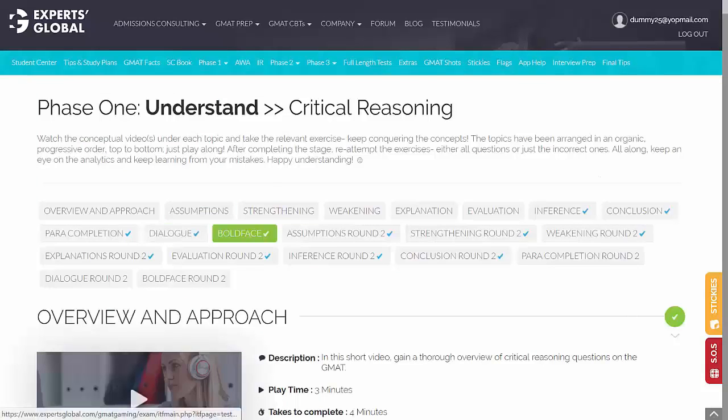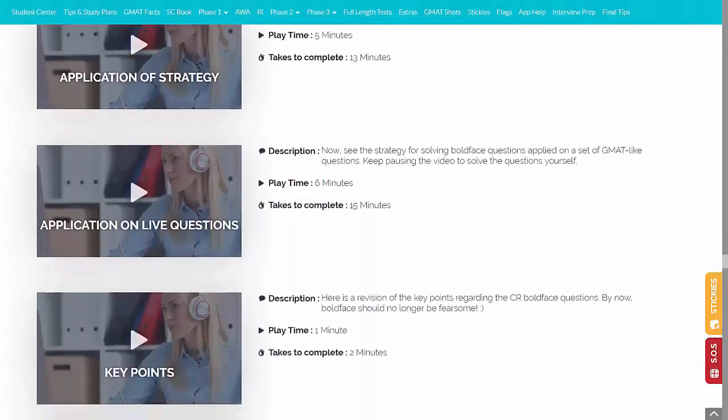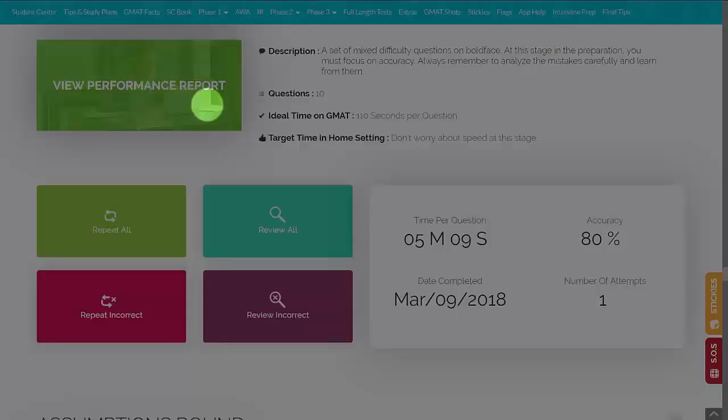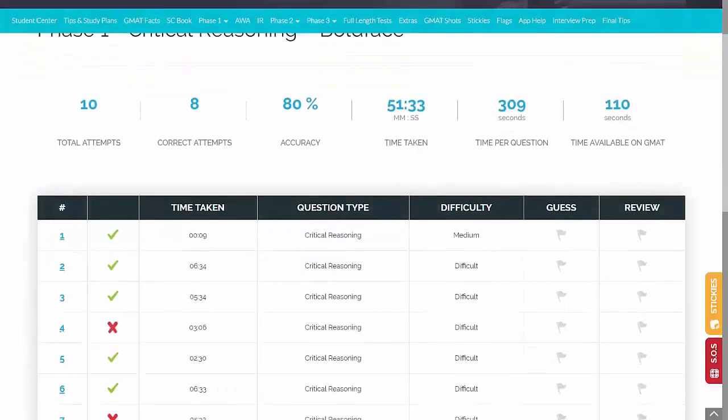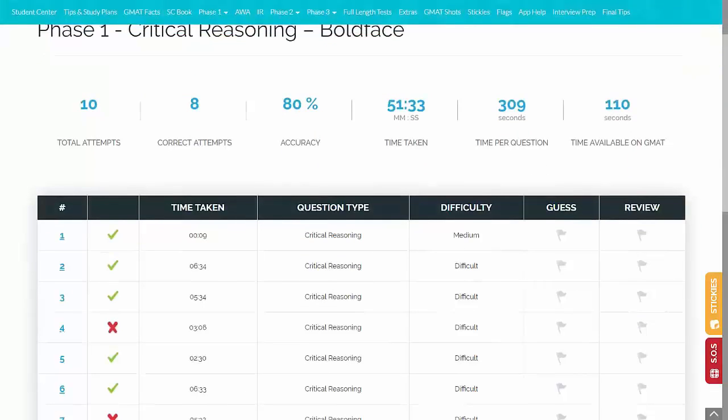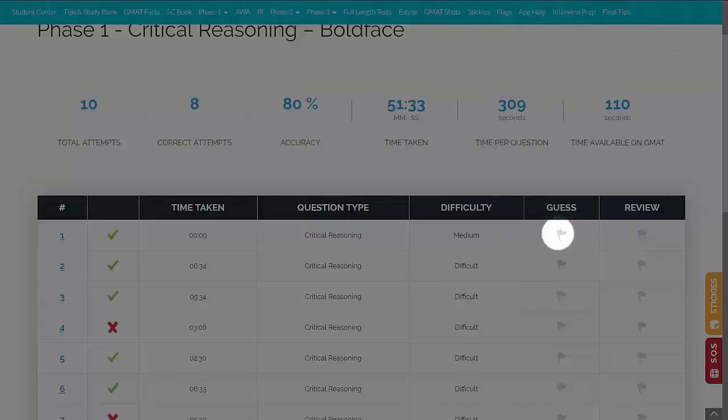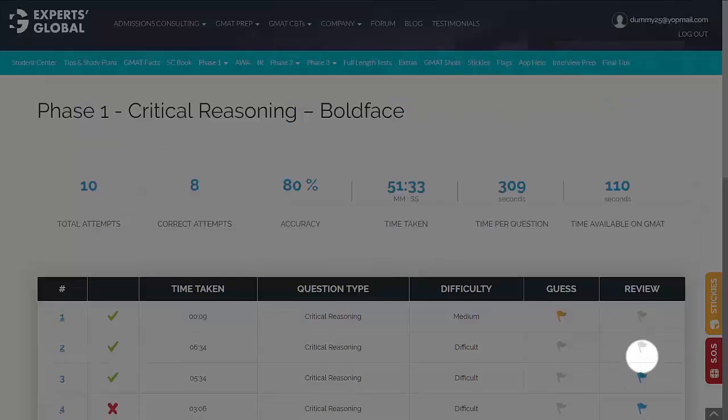Analyzing your performance is a very important part of the preparation. So keep looking at the performance report and the statistics that you get here. Remember, you also have the option of flagging a question. So if you think that a particular question you attempted was a guess, or if a particular question has a concept that you would want to revisit,